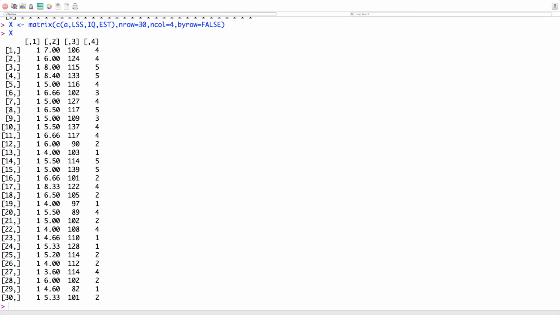Okay? Now, next thing I need to do is set up my Y matrix, and that's really easy to do, because my Y matrix will be just read. So n row will be equal to 30, and n column is equal to 1. And again, by row equals